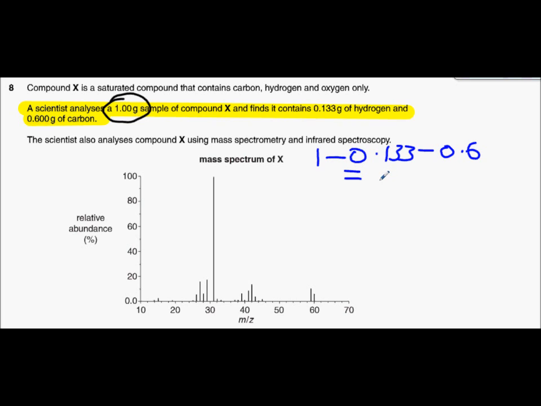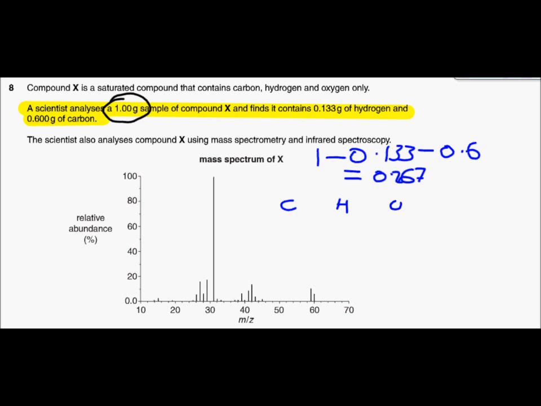So we can start doing our empirical formula. The mass of oxygen comes out to be 0.267. So putting each of those in columns, we've got carbon, hydrogen